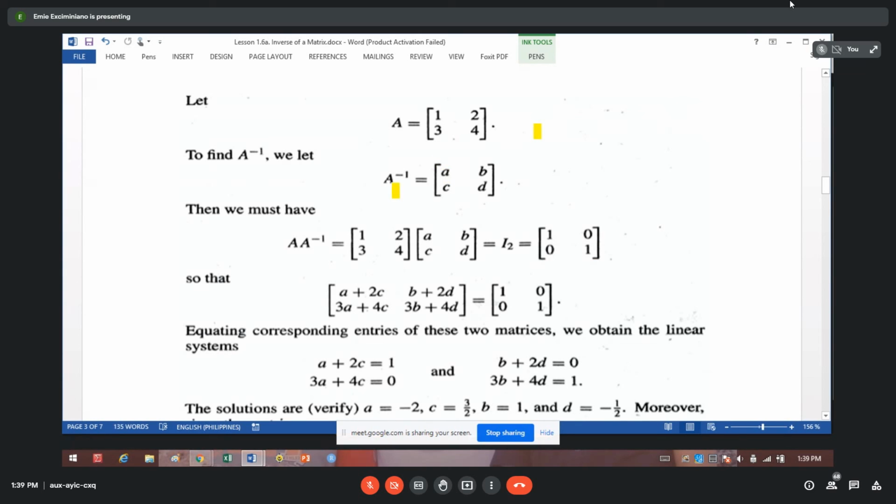Ang diagonal line niya consists of entries na equal sa 1. Unknown yung inverse matrix or the inverse of A. So, to find these arbitrary symbols or the values of A, B, C, and D,